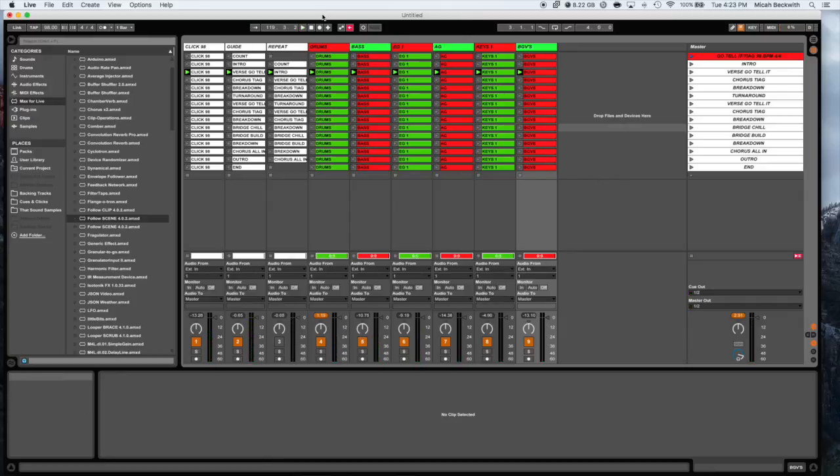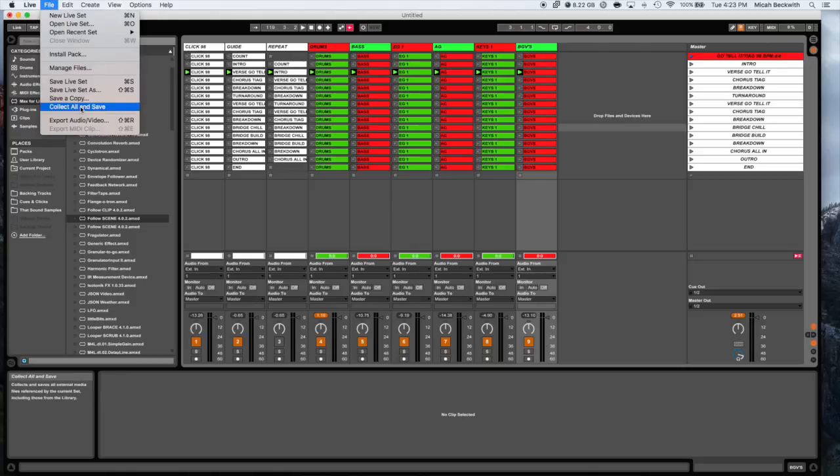So now what I want to do is I'm going to go into File. Anytime I'm going to Collect All and Save. You always want to Collect All and Save because it will put all the files within Ableton. If you don't do that,